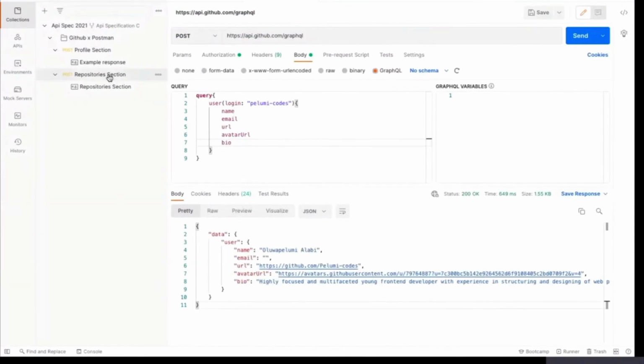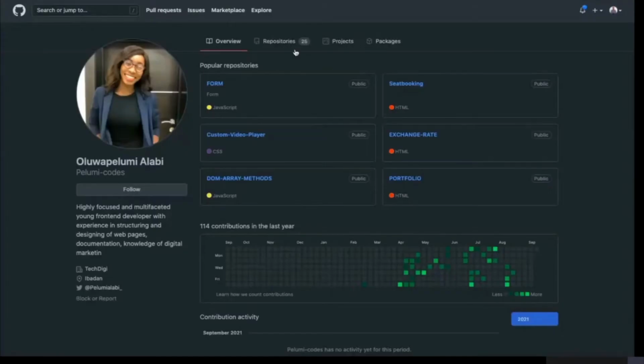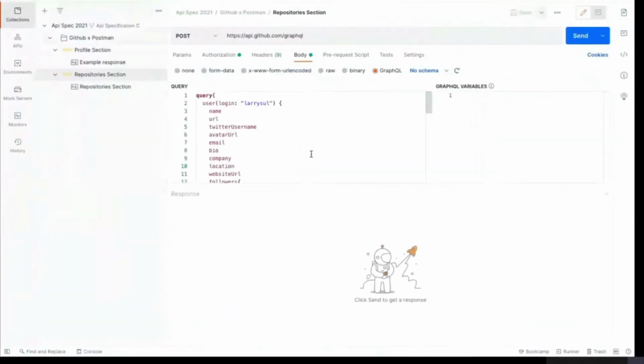So let's look at making a complex GraphQL request. Here we are going to be making a much more complex GraphQL request. And here what we are trying to do is replicate what this repository structure looks like. So here we can now say we want to make a request with another username, which is Lariso. Here we are going to try to request for lots more detailed information about this particular user on GitHub that